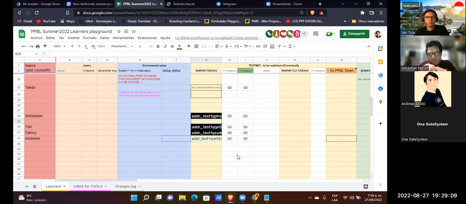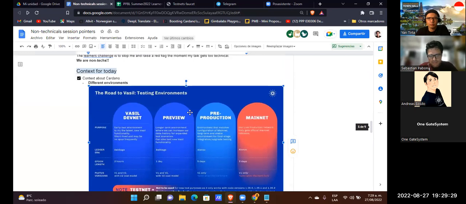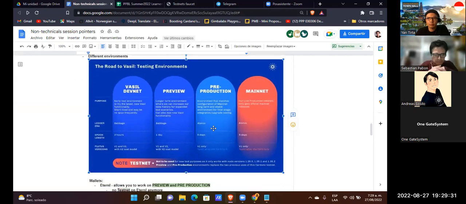One is more similar to the mainnet in some characteristics. Really, I don't have sufficient clarity around what's the difference between the pre-prod testnet and the preview testnet. We are still studying that situation.